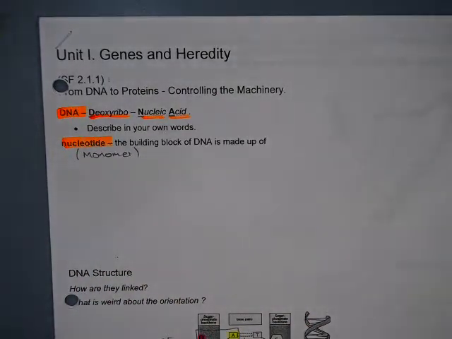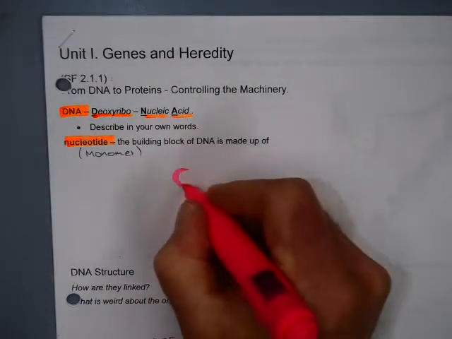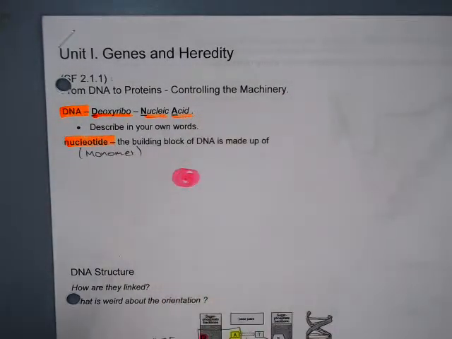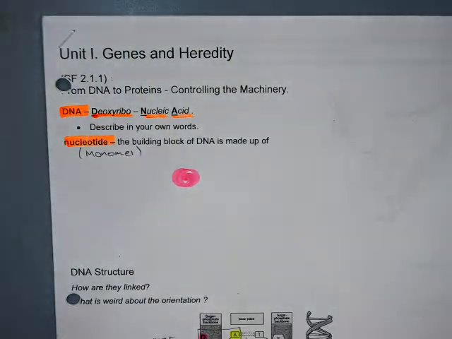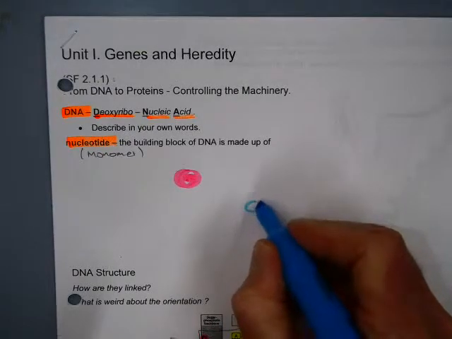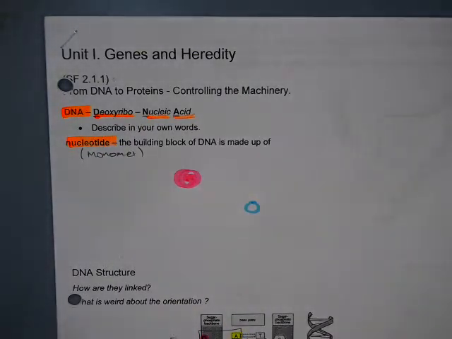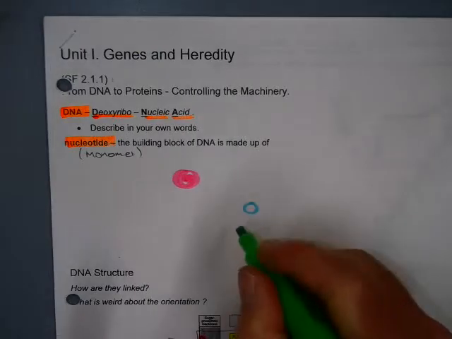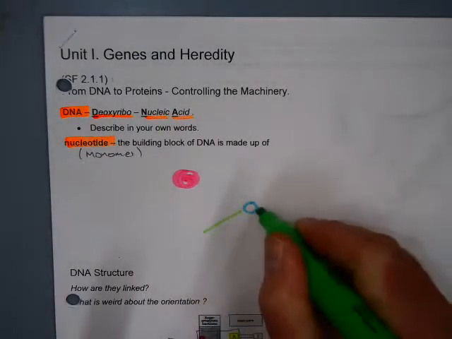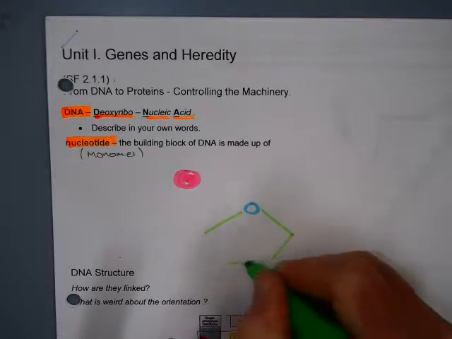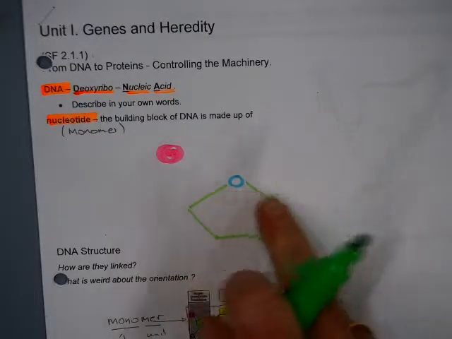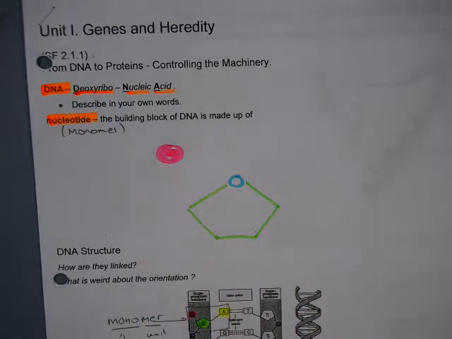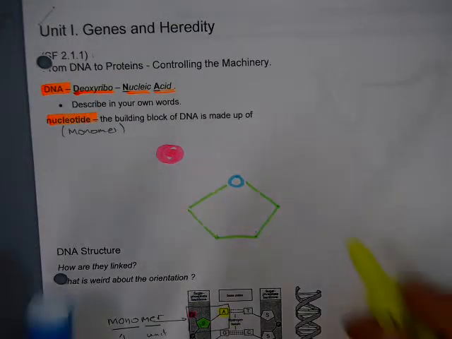And we're just going to redraw this because we want to be able to identify the different parts. The directionality of the sugar is actually conferred by the presence of an oxygen atom. That's an oxygen atom. And this is a carbon ring, and it is a sugar. And it is attached